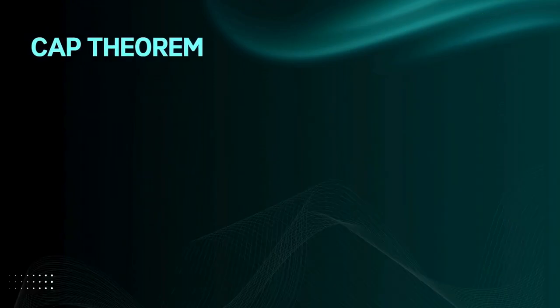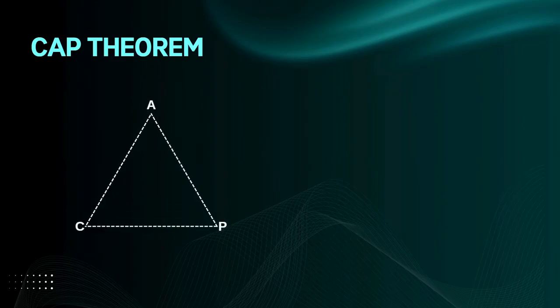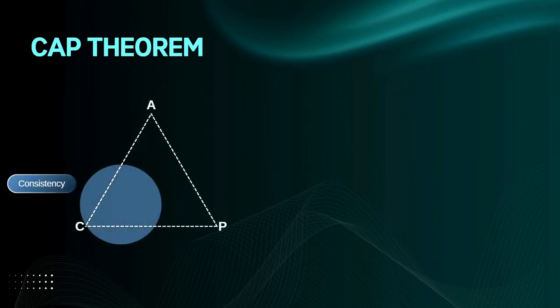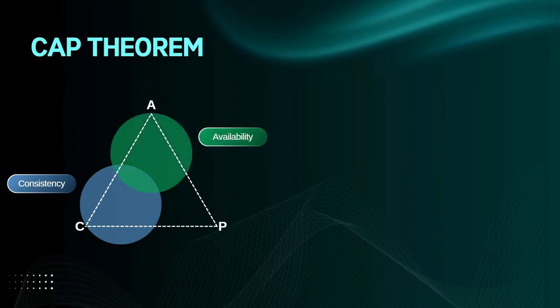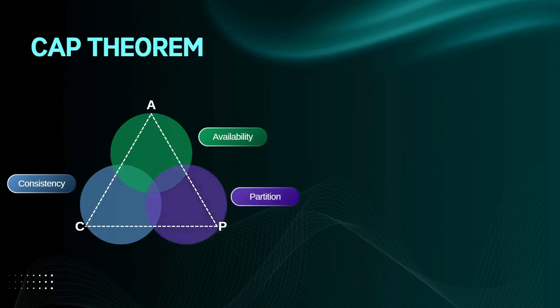So, first up, CAP theorem. This is fundamental in distributed systems. CAP stands for consistency, which means all users see the same data at the same time. If one client updates something, everyone sees it immediately. Availability, which means the system always responds to requests, no timeouts. Partition tolerance, which means the system continues working even if some servers can't talk to each other due to network